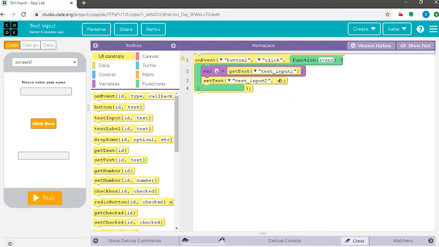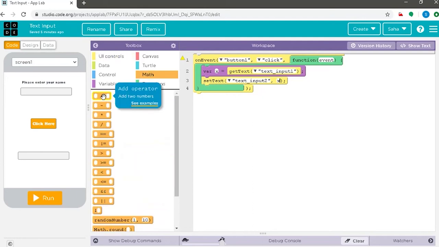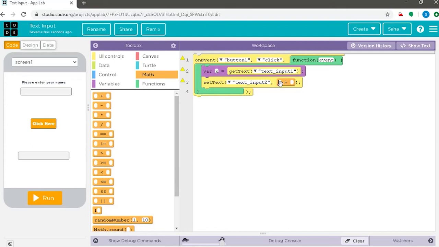What should that be? Shall we say hello? Alright, so for this we shall go to the math section, drag this command. As you can see, if you hover, you can get instructions and place it here. So here we shall write hello, since that is what the reply we should be getting. We wish to get a hello as a reply. So we shall type in hello.